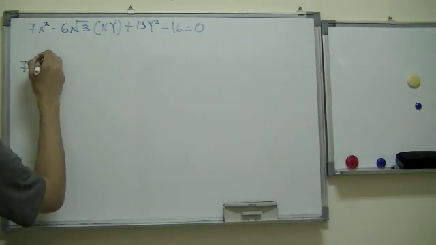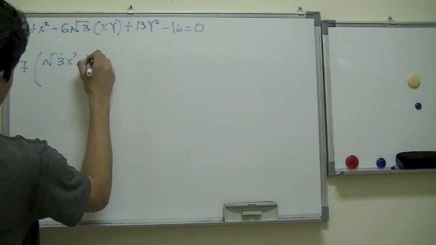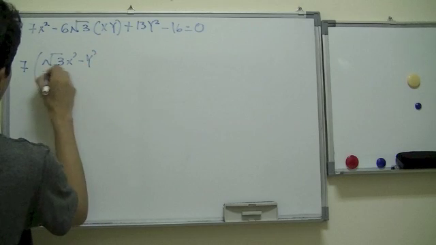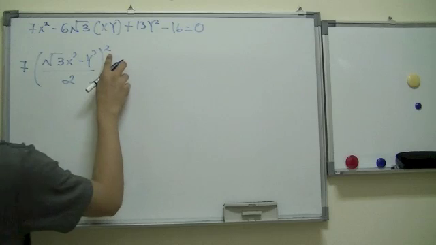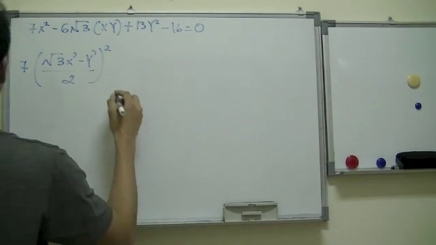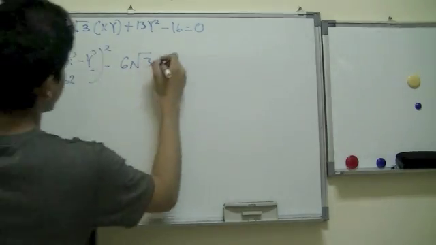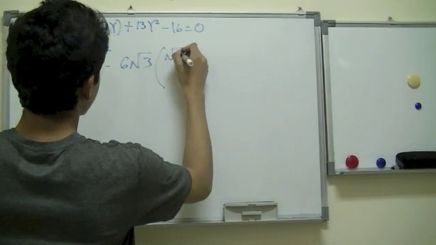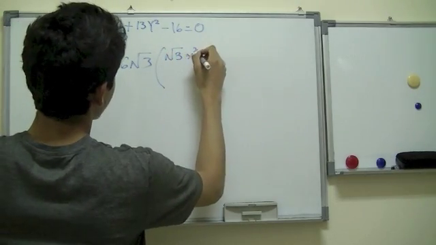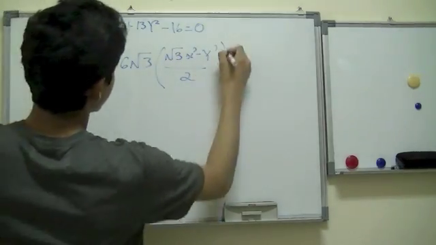Then we would say this radical 3 x prime minus y prime all over 2 right here, because we have squared over here, minus 6 radical 3 from here. For the x and y, we got